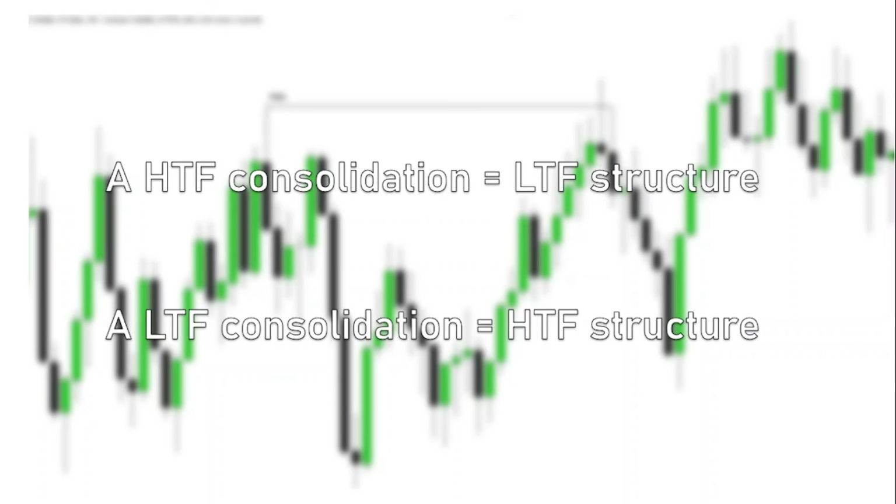Now, we're not really going to get into this, but basically, what it means is that if you have a consolidation on the higher time frames, then on the lower time frames there is going to be some clear price structure. And if we have a consolidation on the lower time frames, when you switch to higher time frames, you're going to see some clear price structure, no consolidation at all. This is what I use, okay, to actually